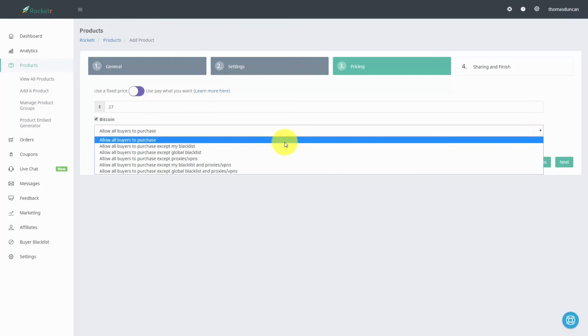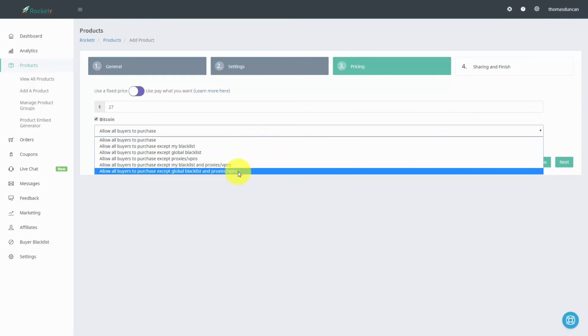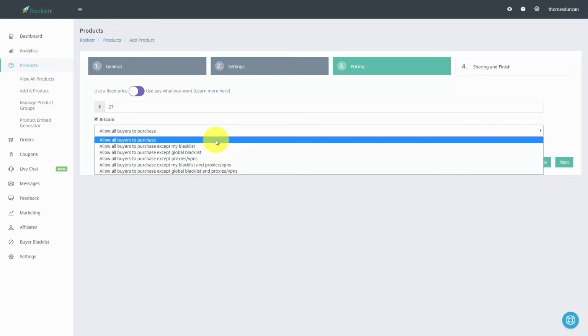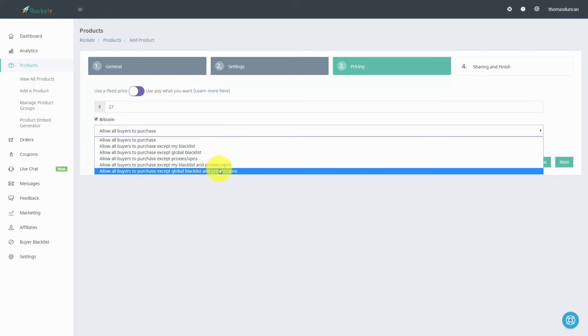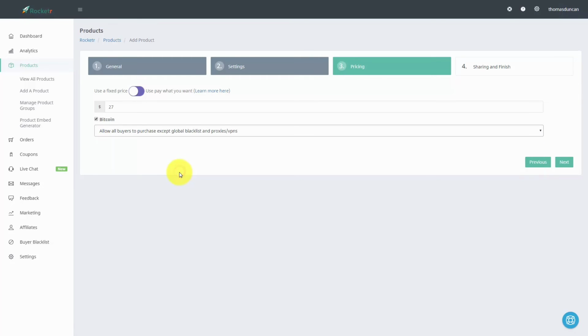Rocketer will allow us to have everyone be able to purchase with the exception of certain limitations. So we can limit people by our global blacklist and anyone buying from a proxy, which typically indicates some kind of lack of trust, or we can allow all buyers to purchase. The most conservative way to allow people to purchase would be to not accept purchases from people on a global blacklist and proxies. So in this particular case, we're going to use the most conservative method,